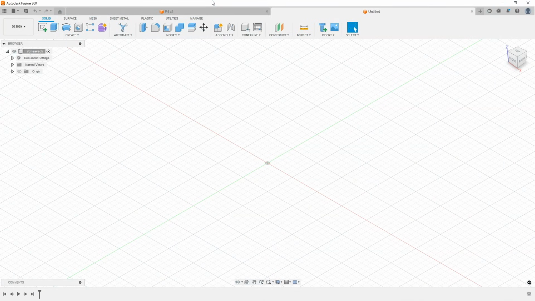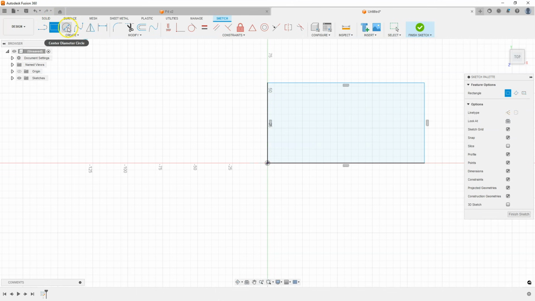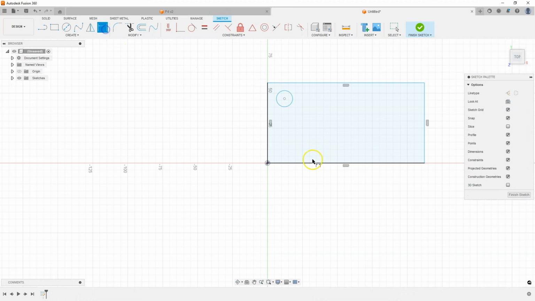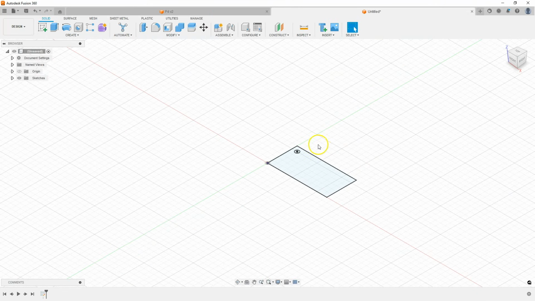In addition to the basic operations of creating 3D solids, a useful thing is the ability to create text on the faces of the solid. Create a new project and create a sketch on the XY plane. Create a rectangle and create a circle, and let's add dimensions. Here 60 millimeters, here 30 millimeters, 4 as diameter, and select this point, and here enter 5 millimeters, and select this point, and here enter 25 millimeters. Okay, finish sketch and select extrude and add